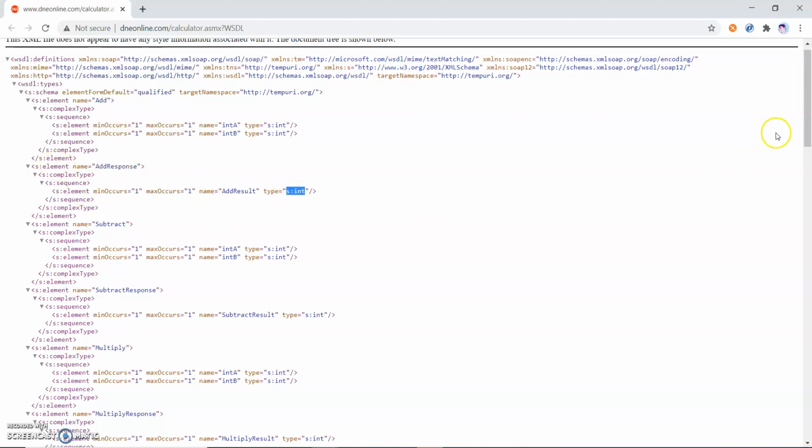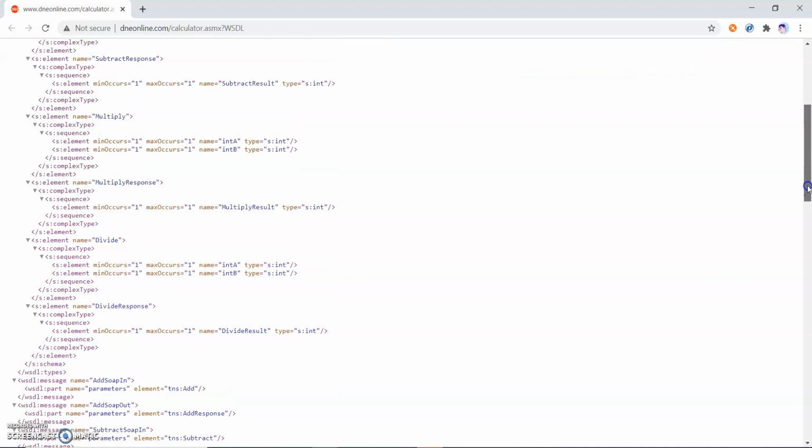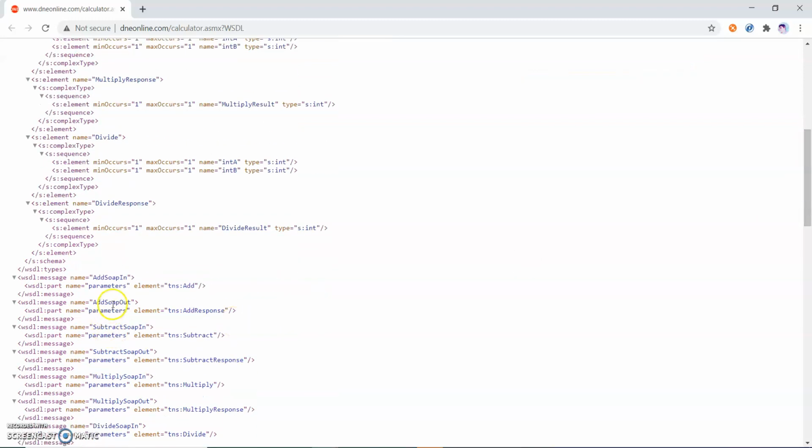If you see here, the output is add response, and add SOAP in is add. So for output we have add response, and for add SOAP in we have add.